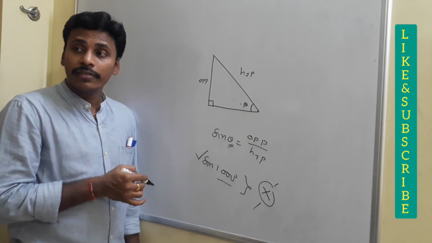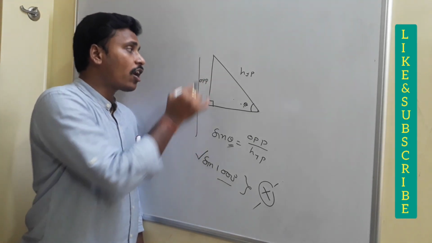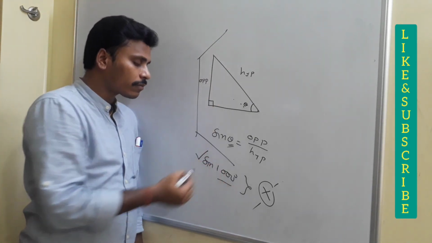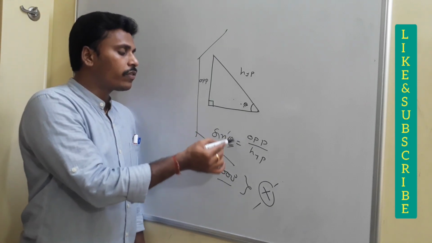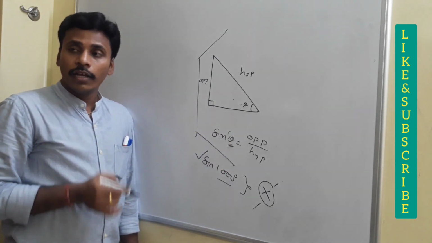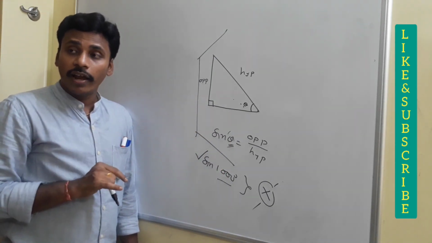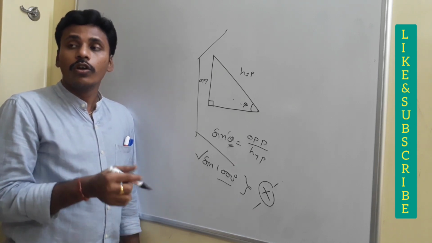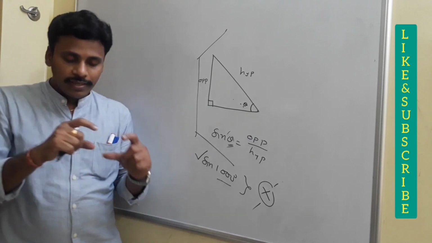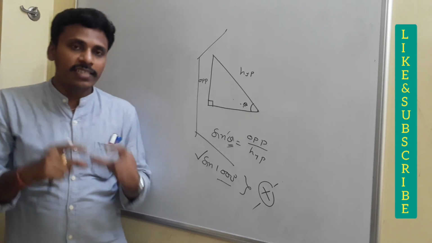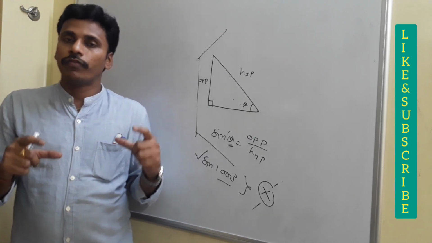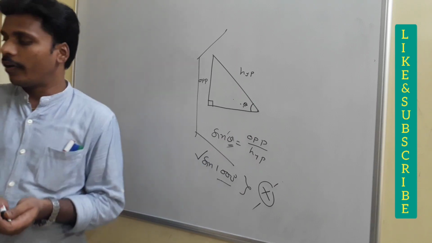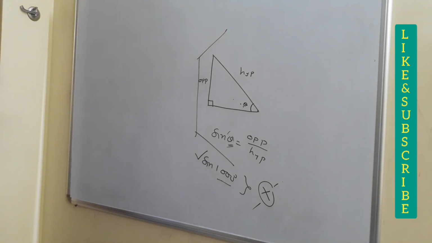Why does it happen? This definition, sin theta is opposite side by hypotenuse, is correct only if theta is there in a right angle triangle. If theta is not there in a right angle triangle, then you need to move with some other definition, right? So now we are going to give you a standard definition which is acceptable for every angle theta to define the trigonometric ratios. Look here.